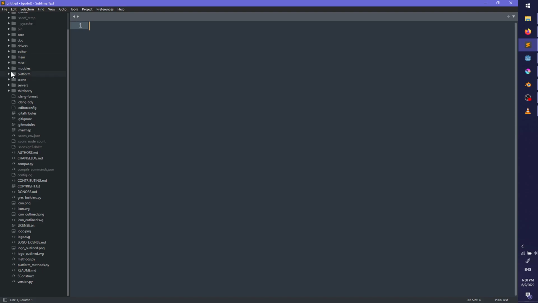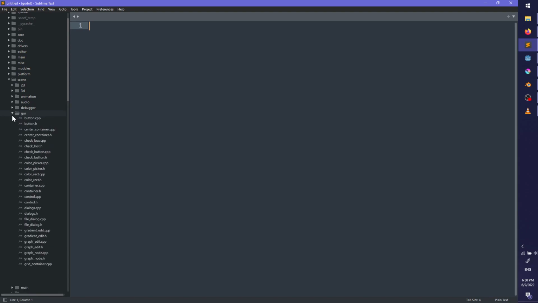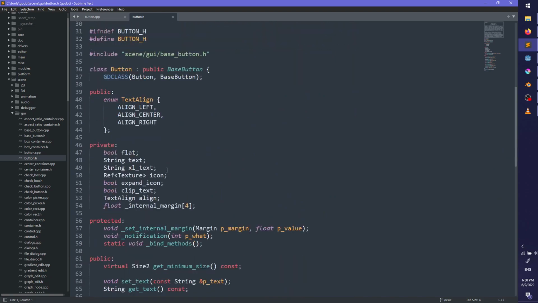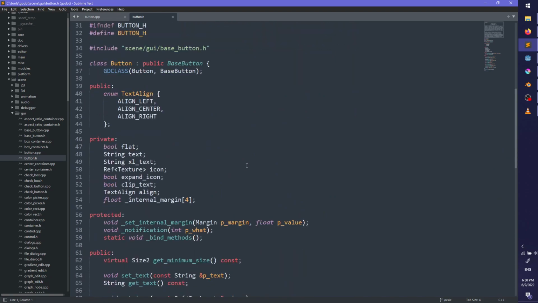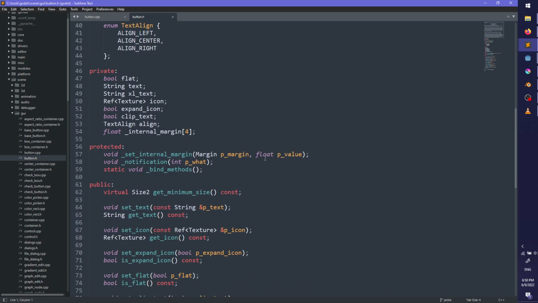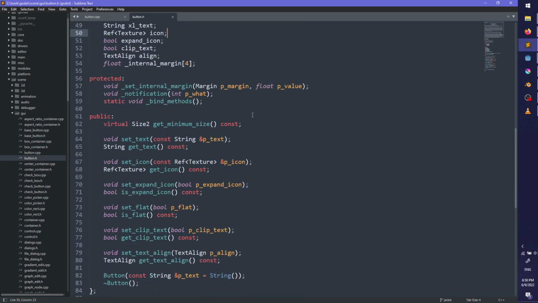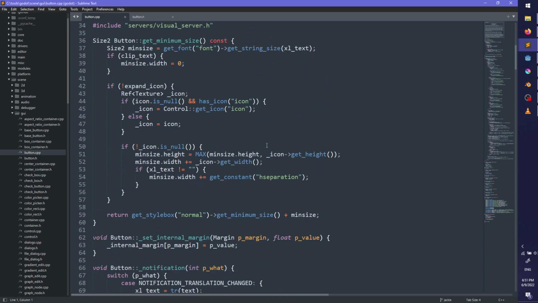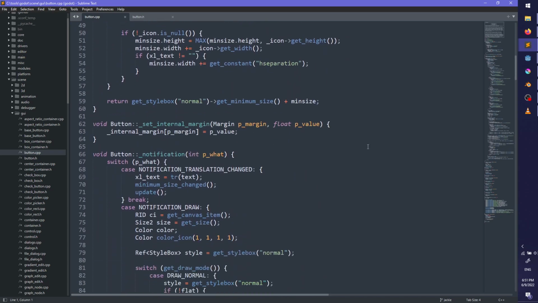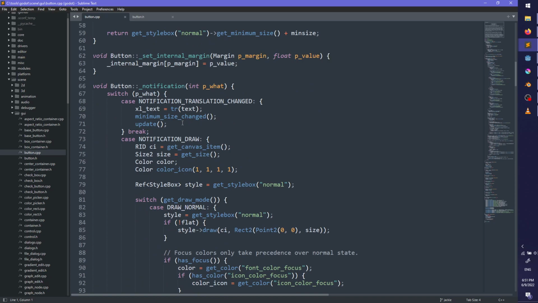Where would it be actually? Scene? GUI? Alright. What is XL text? Oh, it's translated text.